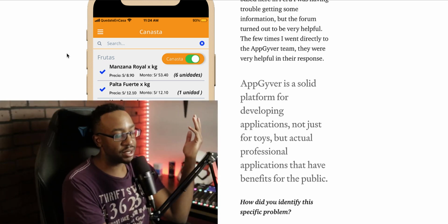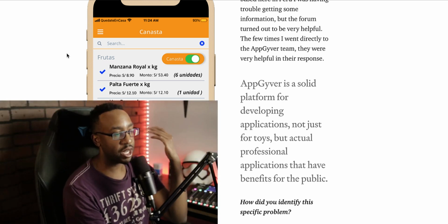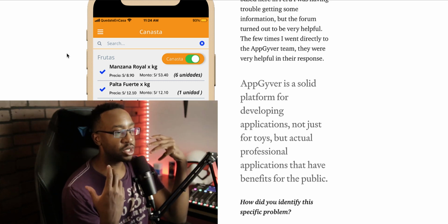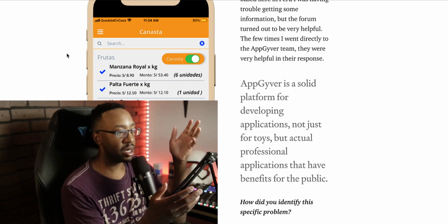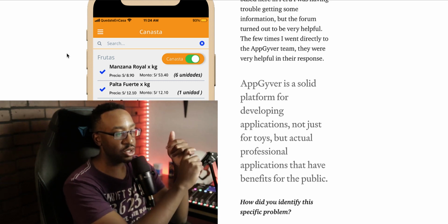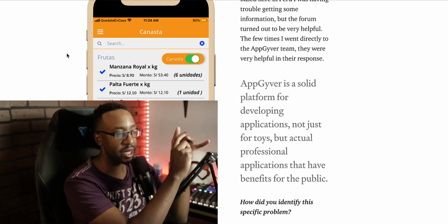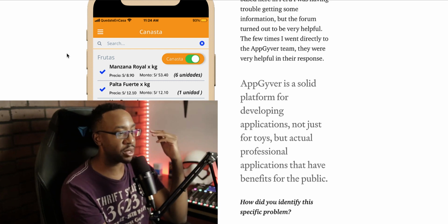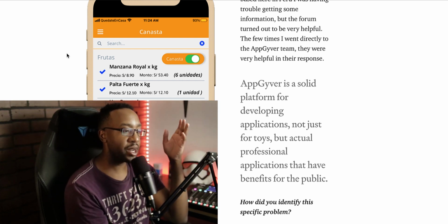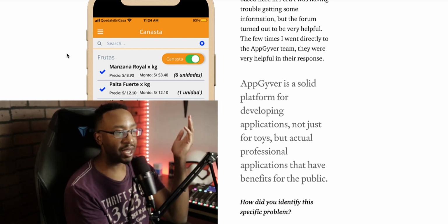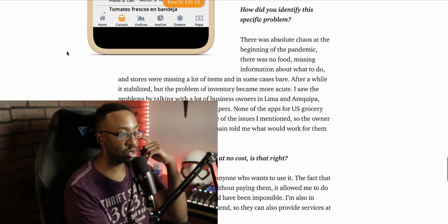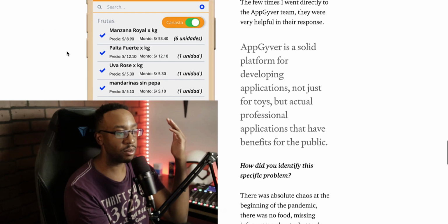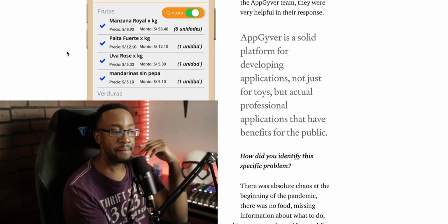As I'm looking at this app and the different functionalities, what stands out is it's so robust. There's so many different things going on here regarding making sure the food delivery, the inventory, all of those different things. And in the article, it brought out that building out the back end, he was going to be using Xano possibly as a solution. So again, having a more robust database in the back end.